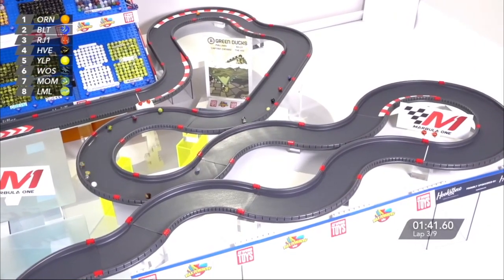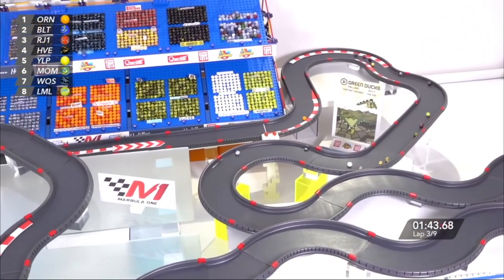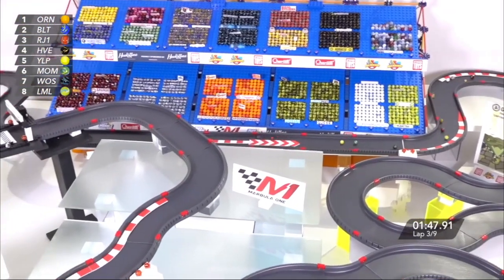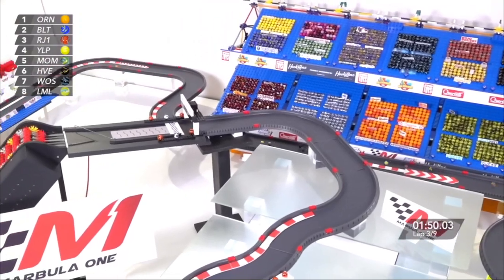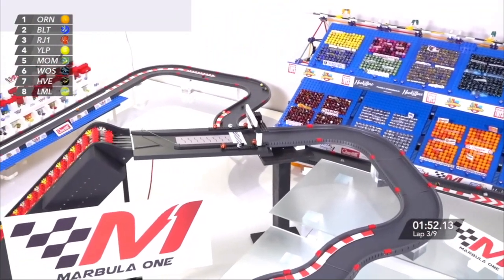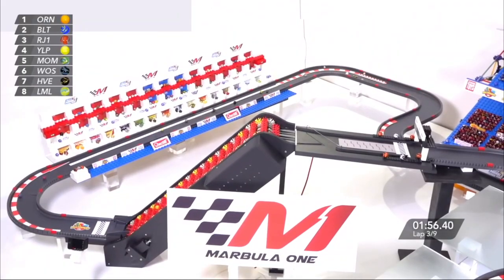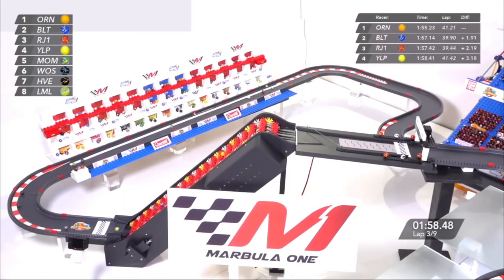The Rangers, though, is still leading this race by a mile. Bolt in second, Rojo Uno third, Hive in fourth. This is going to be an incredible battle for the lead. Thunderbolt's trying to battle up, and Rojo Uno is right there. Entering lap number 4. What's the lead? 2 seconds